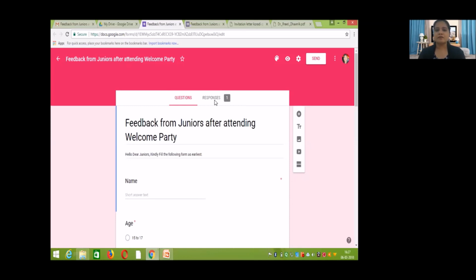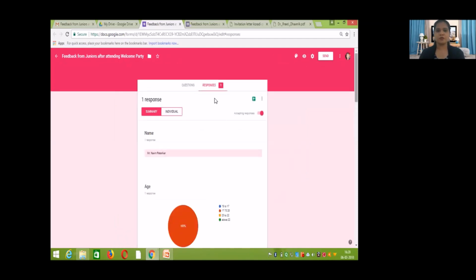Now look at here. This is a tab for responses. If you have sent this form to 50 people, out of 50, one response is there. That means one respondent sent you details regarding that form. So you have to see what type of responses are there. If you click on this responses option, you will get complete statistical data,